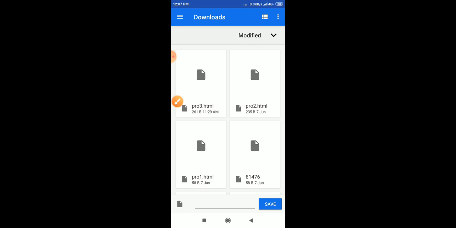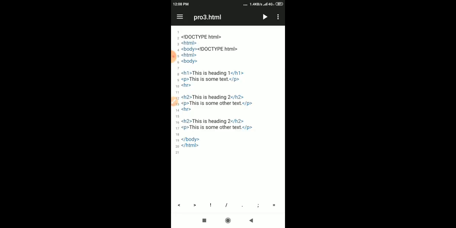Otherwise, if you want to open a file, since I have already done a program, I'll move to the file which I have already created. You can either go to the open a file option, or it is directly presented here. So I'll click on that particular file, and you can type the code in the Notepad. If you want to open an earlier file, just use the open option, or it will be displayed in front of you.